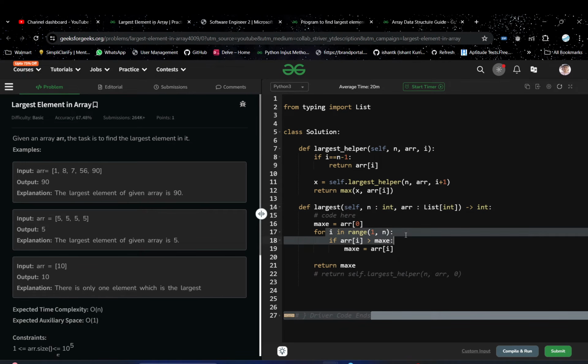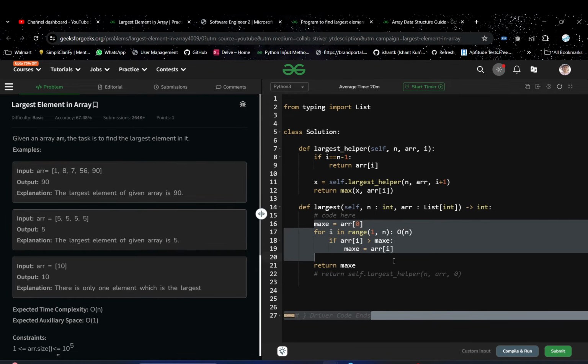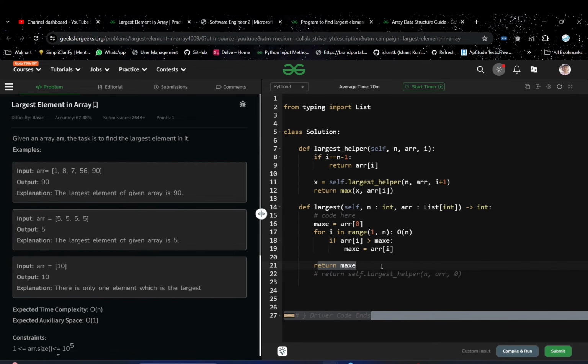So it will run approximately n times. What will be the time complexity? O of n, because there is only a single loop and it's traversing once. And space complexity will be, we are not using any extra space. It's just simply variables that we are using. So space will be constant, which is O of 1.